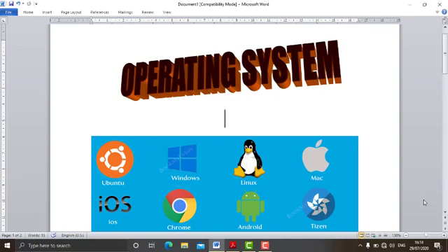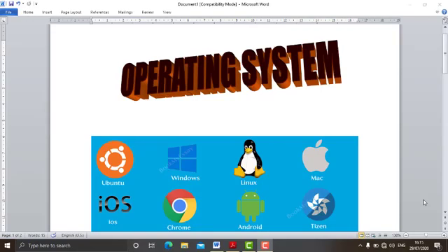The operating system decides who gets the resources. Who gets the resources means, see, when we work on an operating system, we create users and different types of users. When we create them, the file systems are created. So this operating system allocates the files for different users.